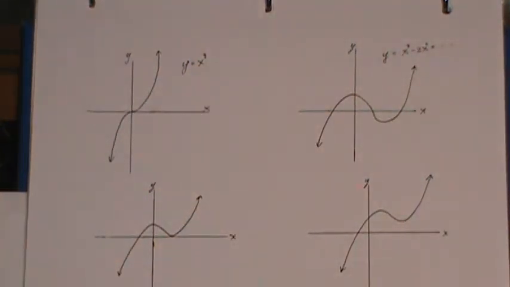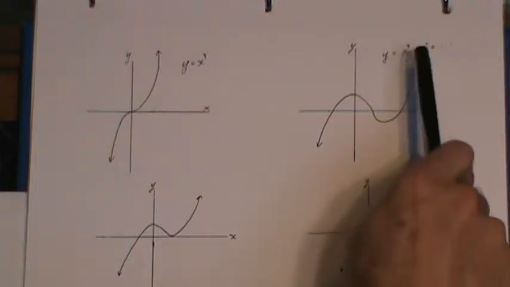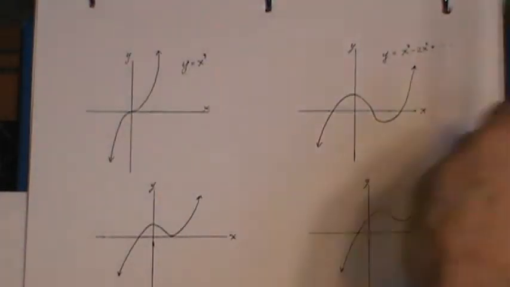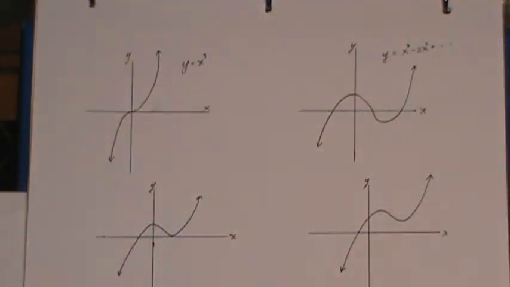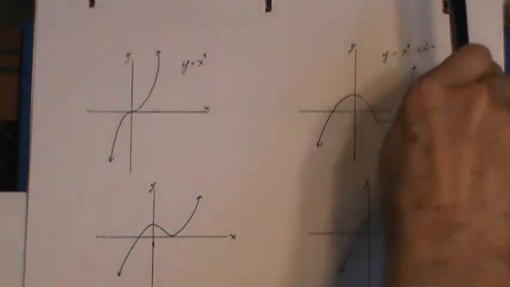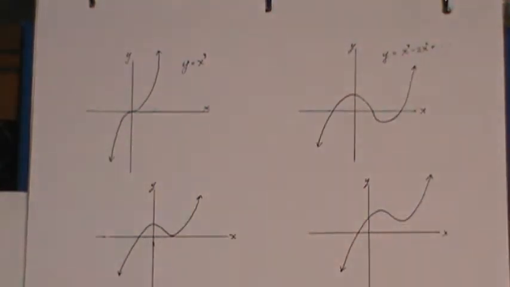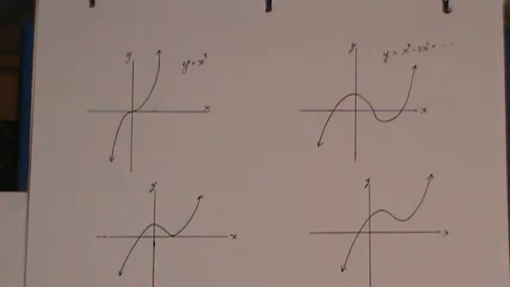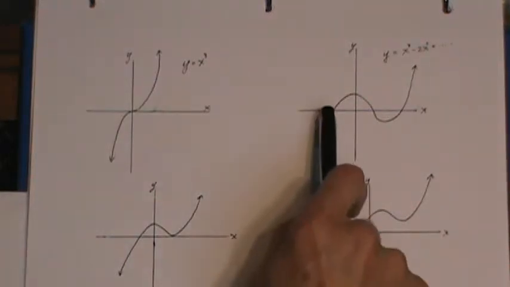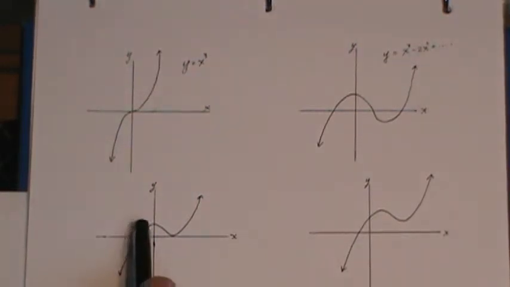Now, if you add some other terms on or subtract them, like negative 2x squared and so on, nothing higher than x cubed though, you can distort the shape. You can cause it to look like this, which gives you actually 3 roots or 3 x-intercepts. It can cross at one point and then what I call bounce off another point. And it can also come through like this, where you only have one root and it bends backward but doesn't hit it again. So for a cubic function, you can have 3 roots, 2 different roots,